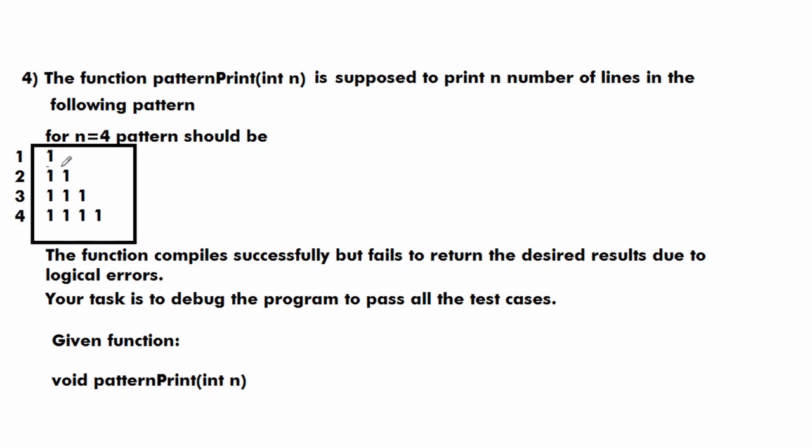So here if you observe the logic, the first row is going to have 1 column, the second row will have 2 columns, the third row will have 3 columns, and the fourth row will have 4 columns. And after printing 1 in each row, we will have to move to the next row. And for moving to the next row, we will use the escape sequence, which means \n.